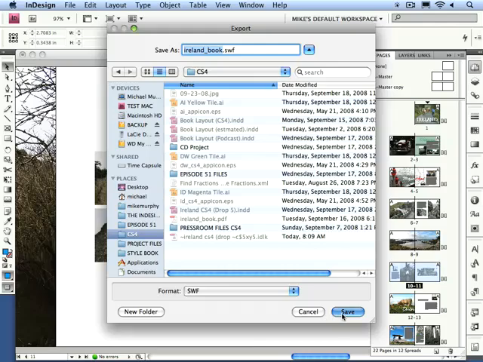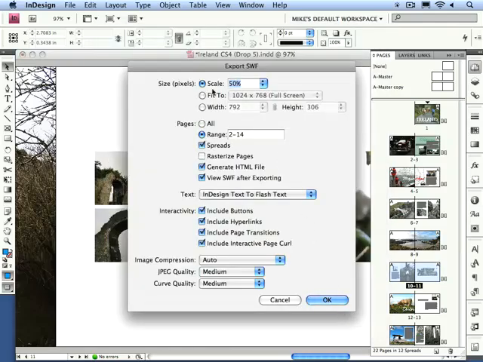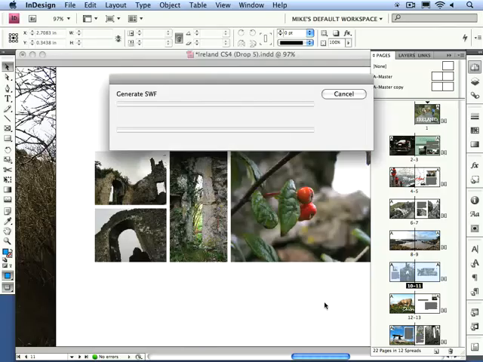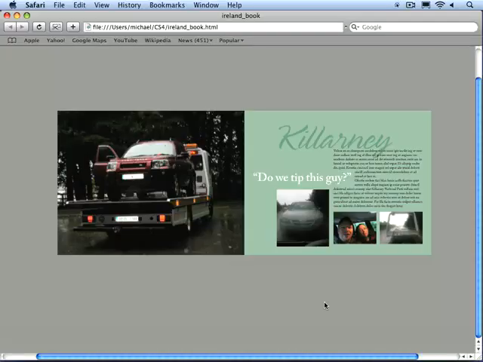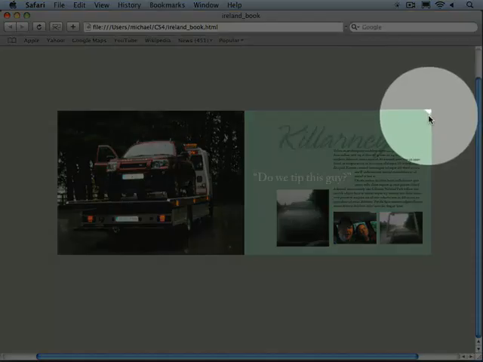Next, I have options for sizing the SWF file and which pages I want to export. By default, InDesign will generate an HTML page to display the SWF file, which will open up in my browser automatically. There are a number of other options here that I'll skip for the time being. InDesign will churn away for a bit, then my browser opens and there's my layout as a SWF file in the browser itself. When I hover over the far edges or corners, I get this automatic interactive page curl effect,